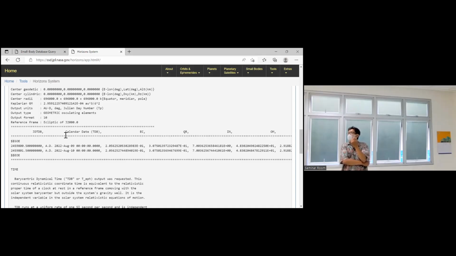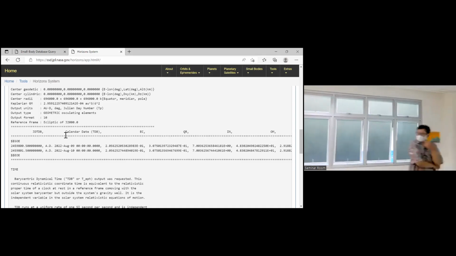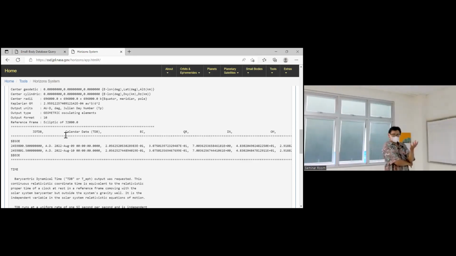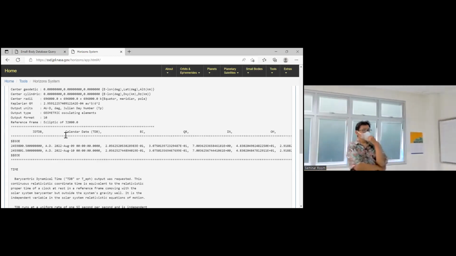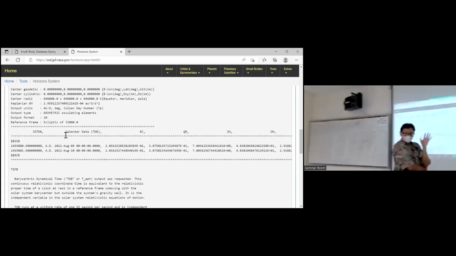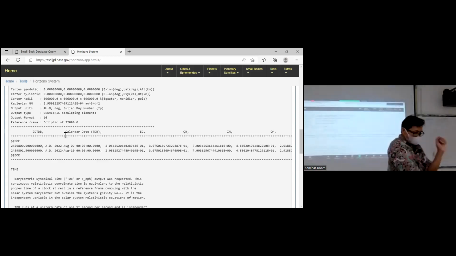Seven, okay. Among the seven, you should compromise. One wants inclination more than 2 degrees, another wants more than 90 degrees. So you should make a convention first: which parameters do you want to use for selection of the Plutinos?